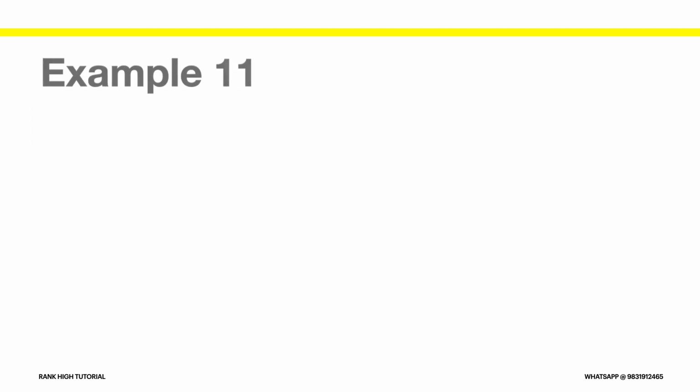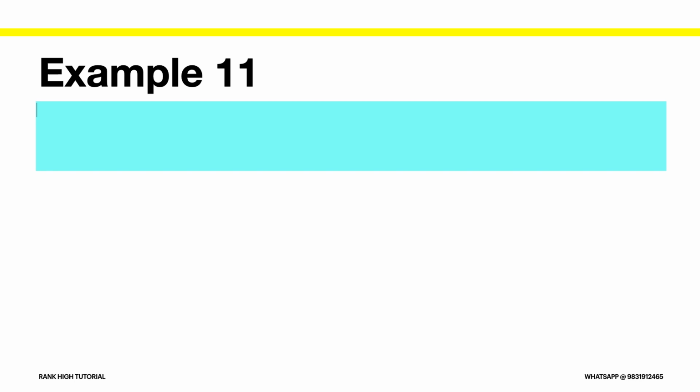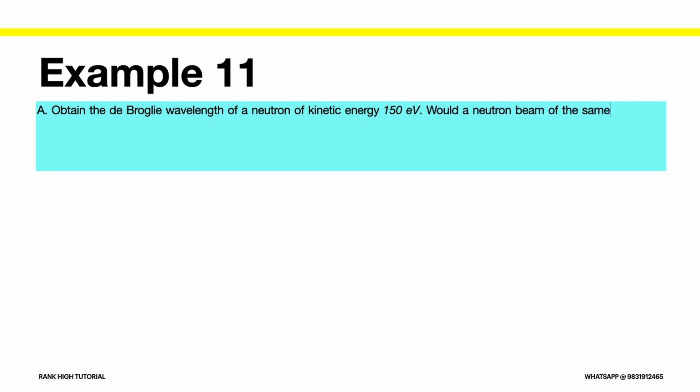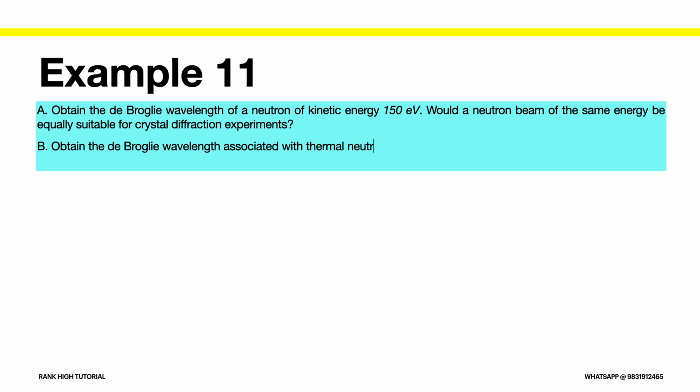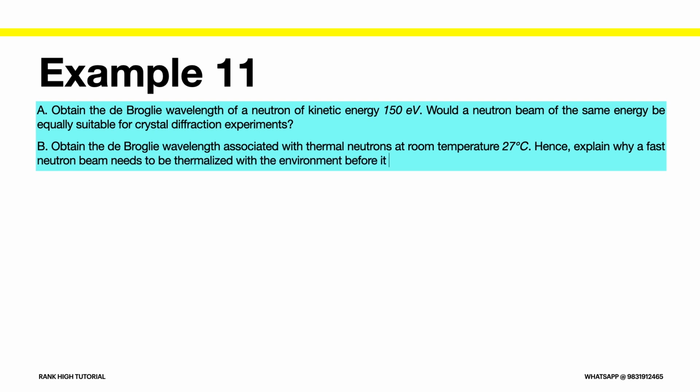Example number 11, part A. Obtain the de Broglie wavelength of a neutron of kinetic energy 150 electron volt. Would a neutron beam of the same energy be equally suitable for crystal diffraction experiments? Part B. Obtain the de Broglie wavelength associated with thermal neutrons at room temperature, 27 degrees Celsius. Hence, explain why a fast neutron beam needs to be thermalized with the environment before it can be used for neutron